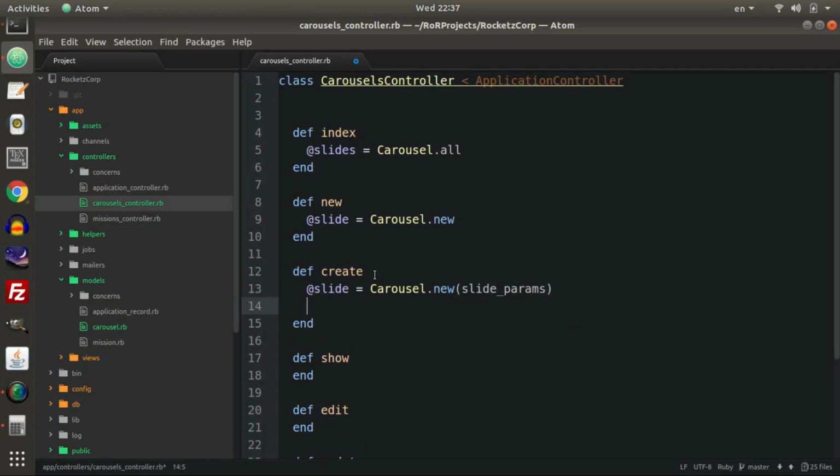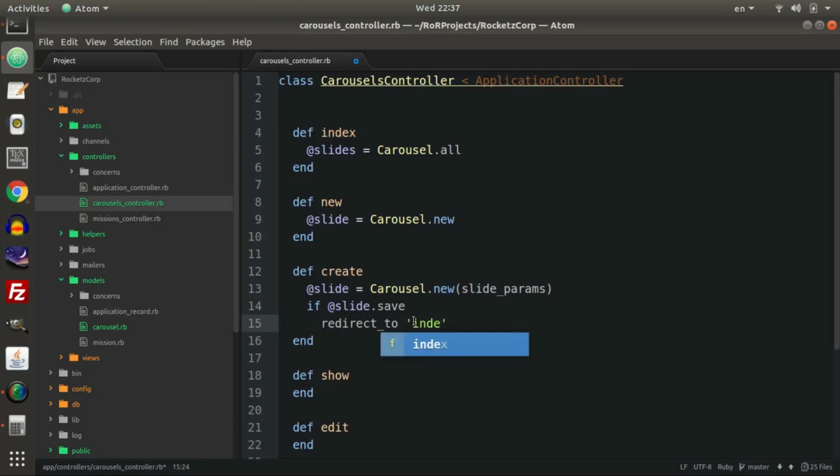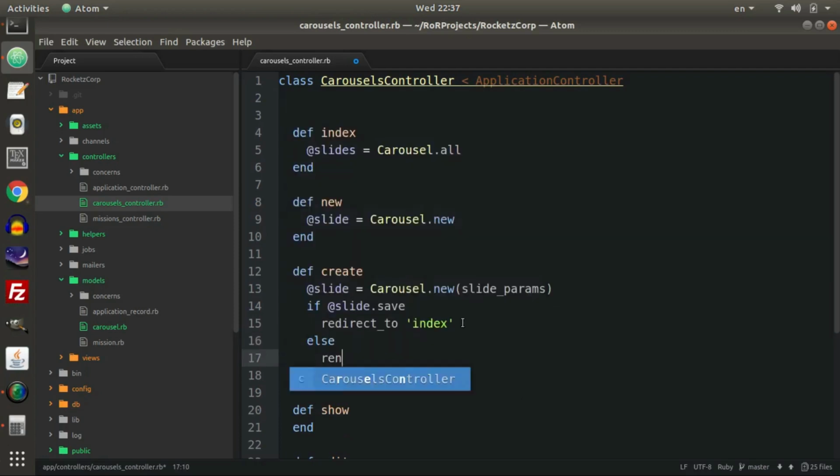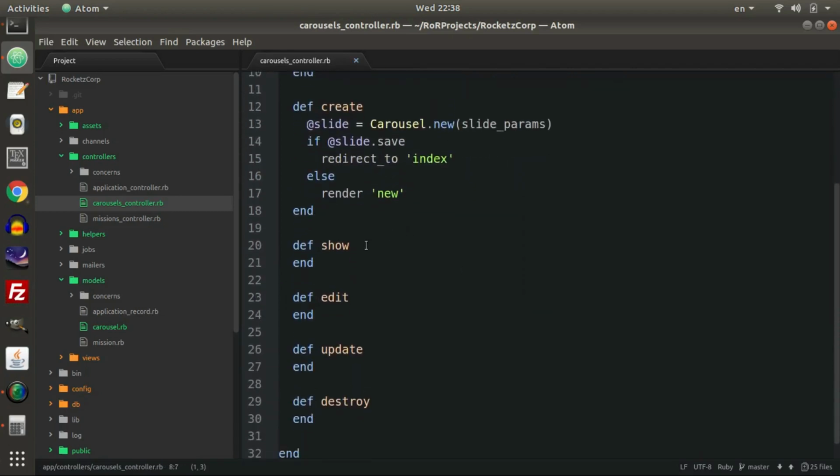And then type if @slide.save, so if it was successful in saving, we can redirect to the index page. Otherwise, or else, we want to render the new page again. All right, so the slide params will access the banner, slide title 1 and slide title 2